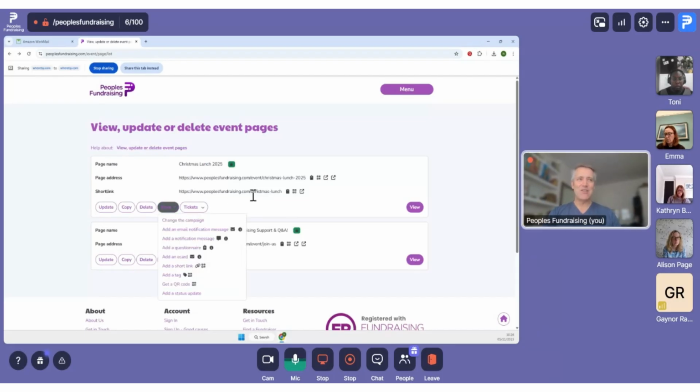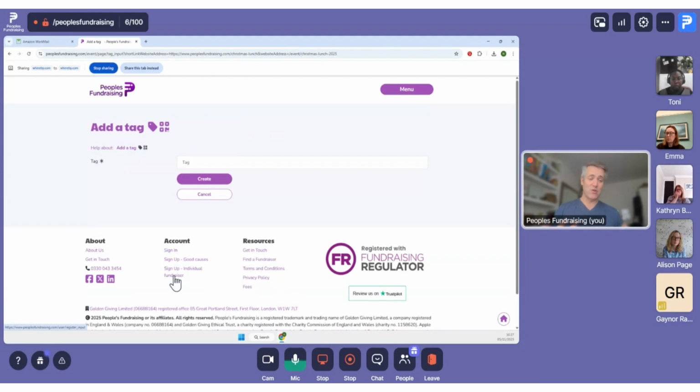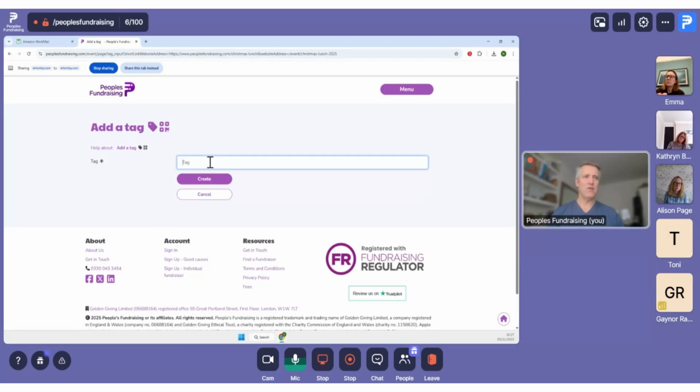Okay, so extending short linking, we've also got the concept of tagging. Tagging is really, really important, and it's used in a couple of different contexts. So you set up your event, you publish your short link or long link on Facebook, Instagram, via the QR code at the school gate and whatnot. And that's effort and time. And so what you really want to find out is, where do people scan and from, and where do people click on that QR code, and where should I invest the majority of my time? So what you can do is